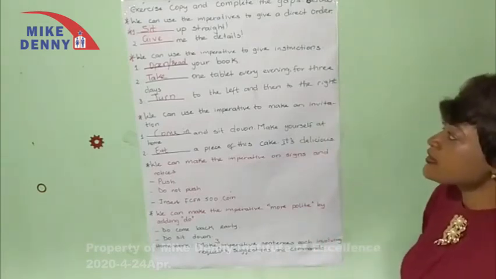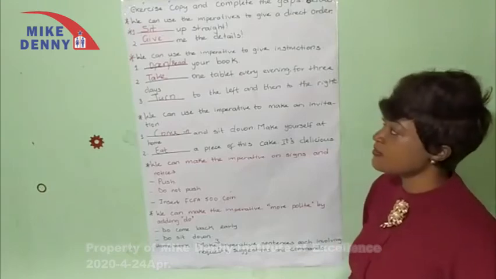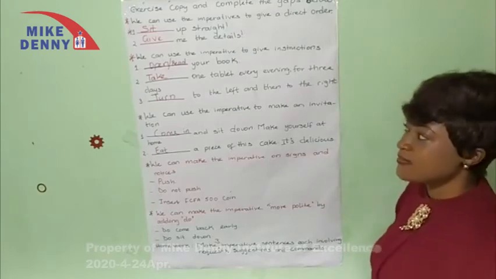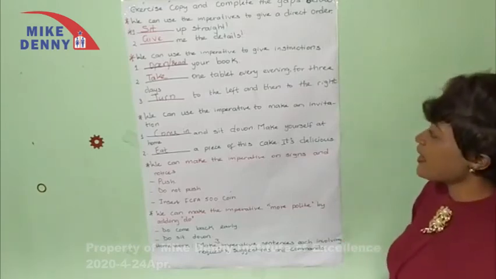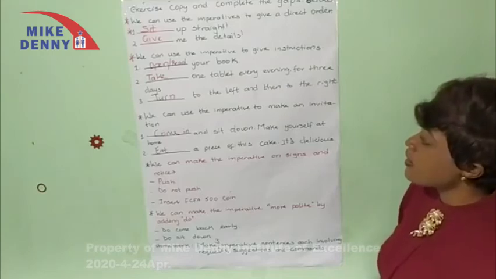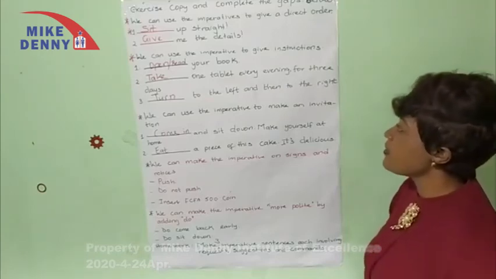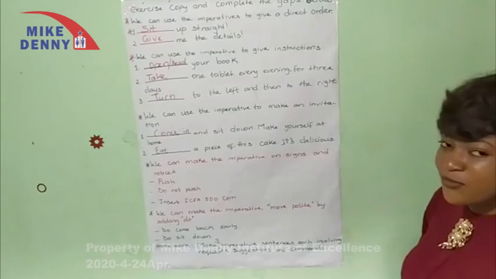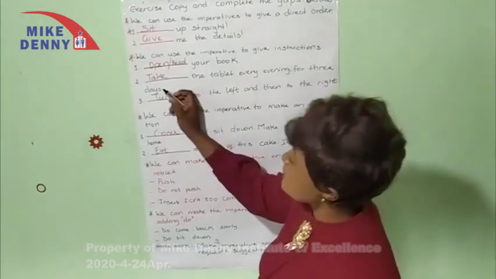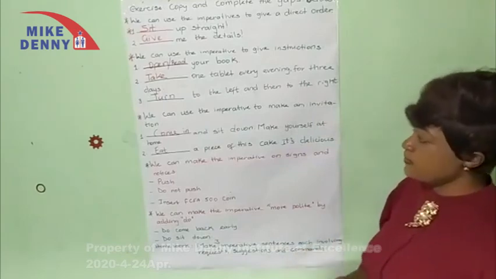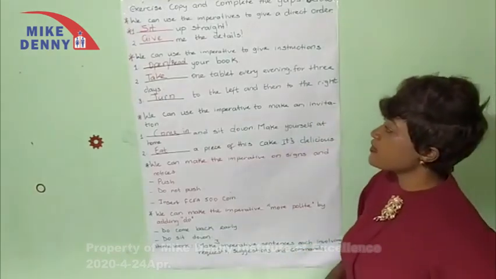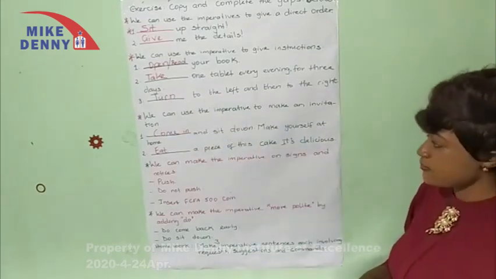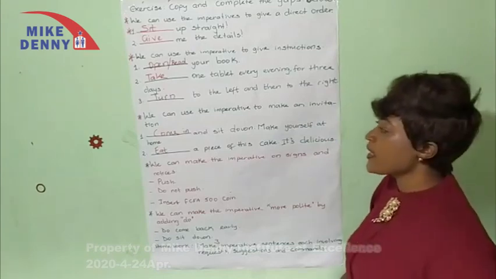We can also use the imperative to give instructions. Open your book. Read your book. Okay? Take one tablet every morning. Take one tablet every evening for 3 days. There is a full stop here. Turn to the left and then to the right. Okay? Turn to the left and then to the right. That's good. We can use the imperative